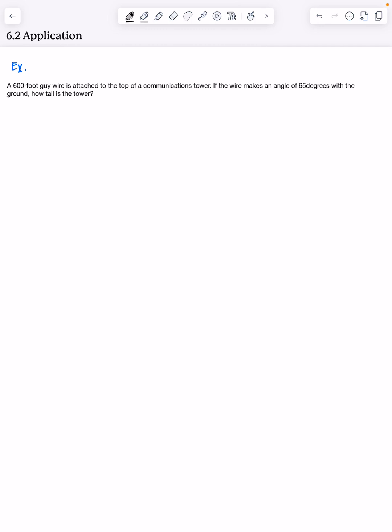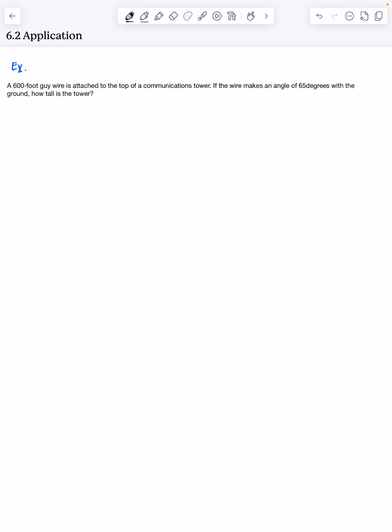Okay, I want to work a couple of these application problems. I worked a couple on Canvas along with explicitly giving you the definition of an angle of depression and an angle of elevation, so you need to go back to your Canvas pages as usual. Alright, so this first example I'm going to work is